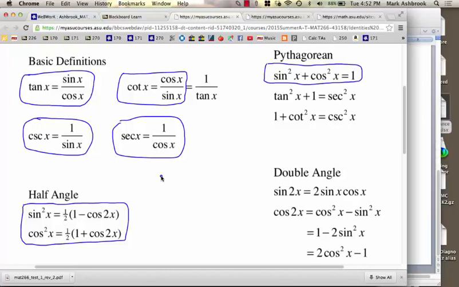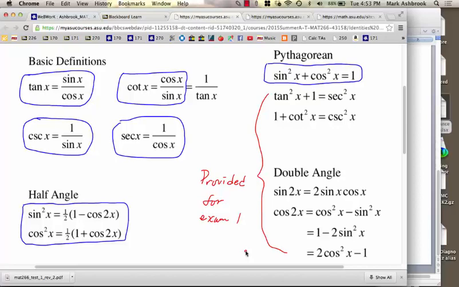Is it fair? And anything else that's not on this list? Okay, good question. Any other questions? Okay, so